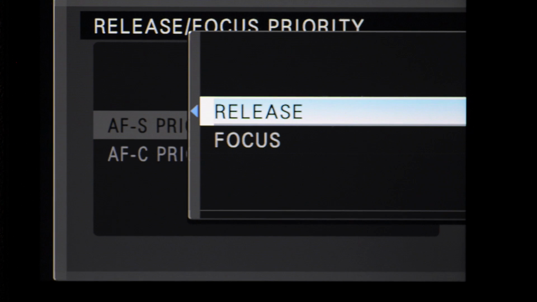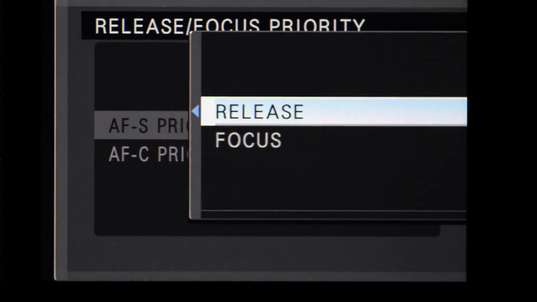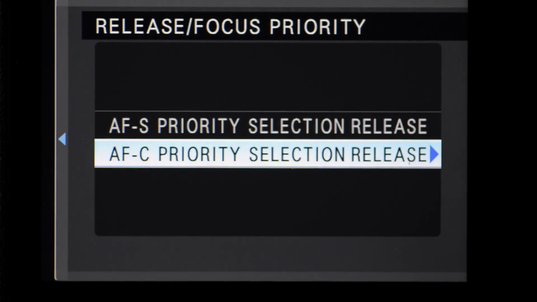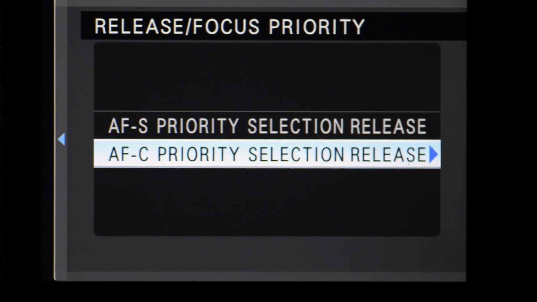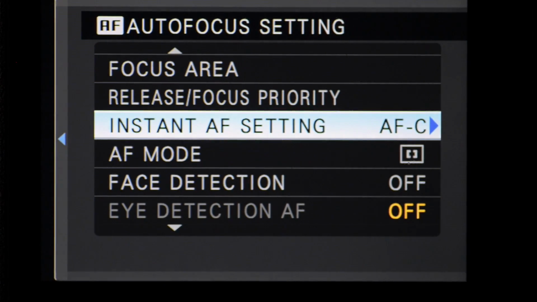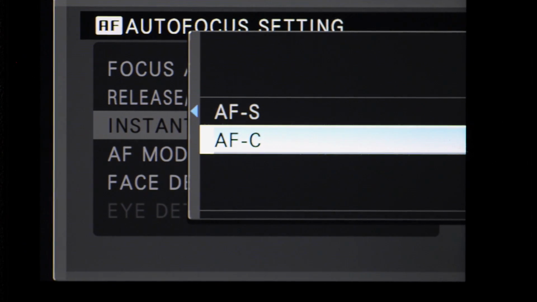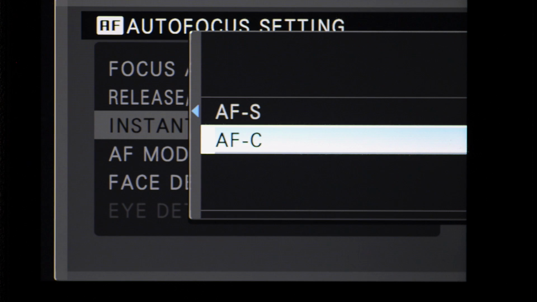If you have it in focus release or focus, release focus priority, then it will only take the picture when it's in perfect focus. And to tell you the truth, all my cameras I always set to release for both single focus and continual focus. Instant autofocus setting, that means that the AF-L button on the back of the camera, when I hold that in,